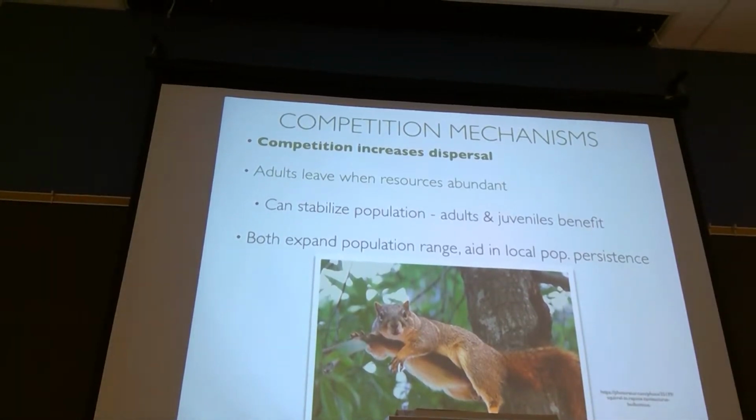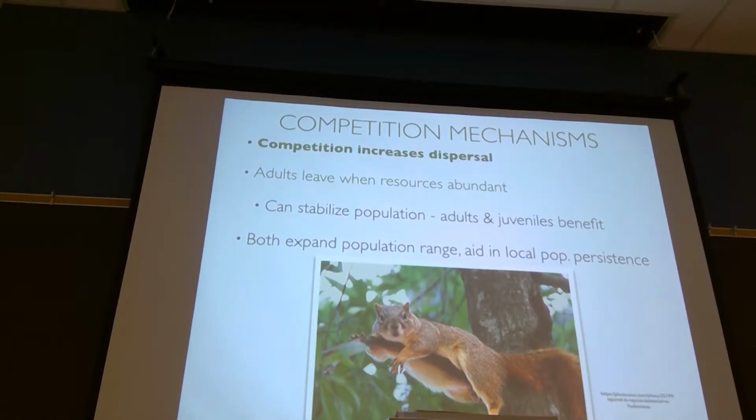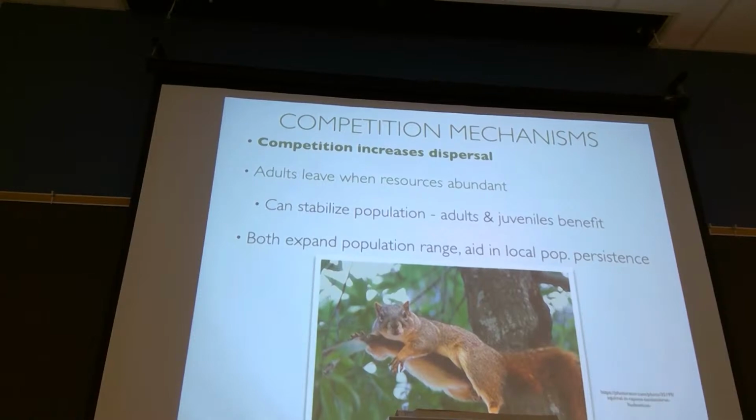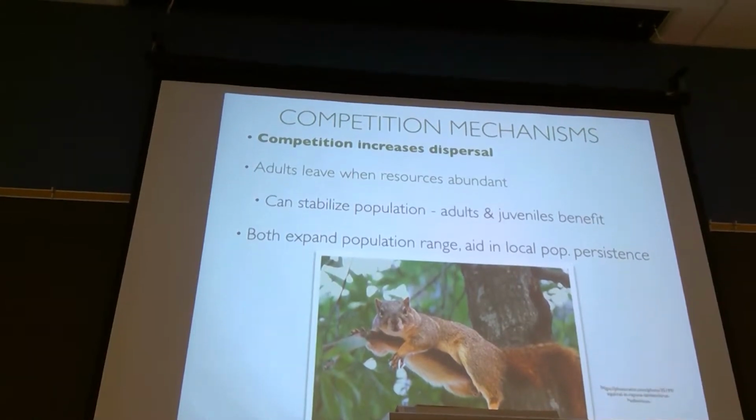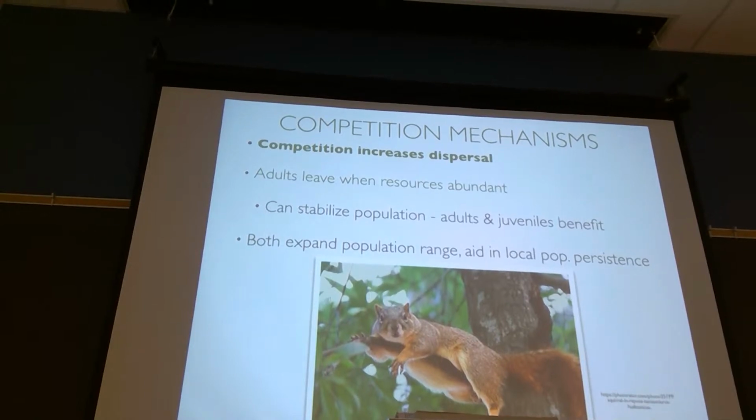Because the adults leave, the population can really stabilize. We're expanding the overall territory and resource base so that more adults can reproduce and the juveniles are not asked to leave. They can be defended by their parents. They can be better taken care of by their parents. They can take a piece of the parent territory. Okay.